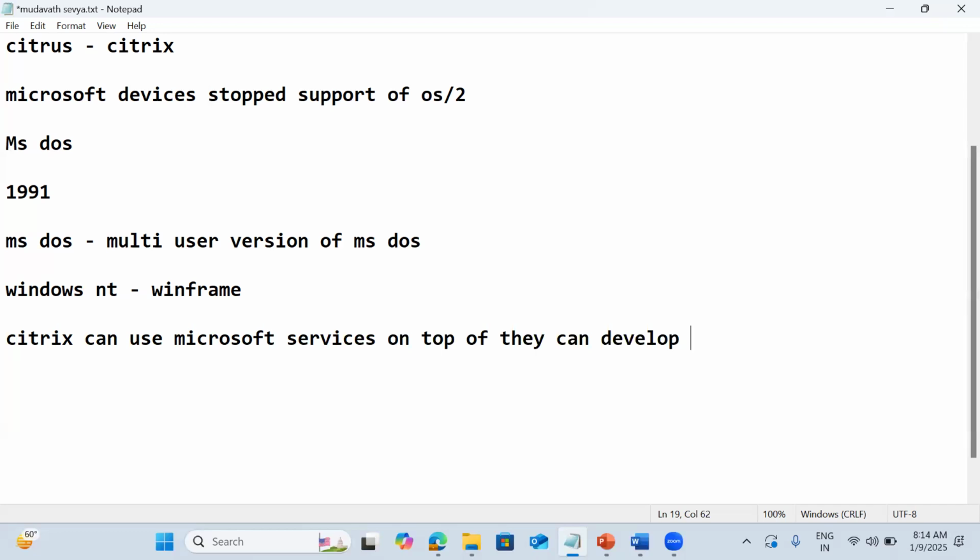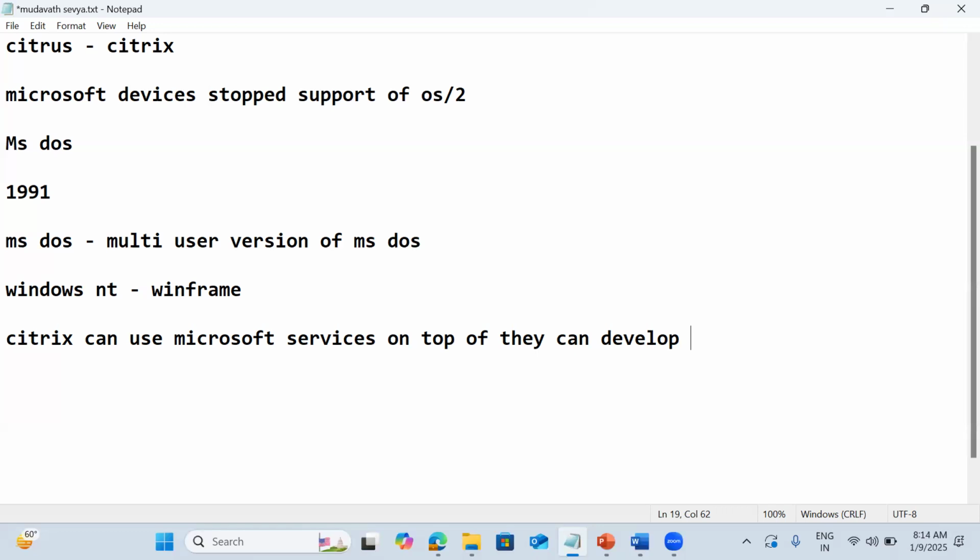So they kept the condition that in order to give WinFrame, Citrix can use the Microsoft services, and on top of that they can develop new applications and release those under the Citrix name itself. That is a huge thing. No company would accept this kind of proposal, but Microsoft didn't have any option.